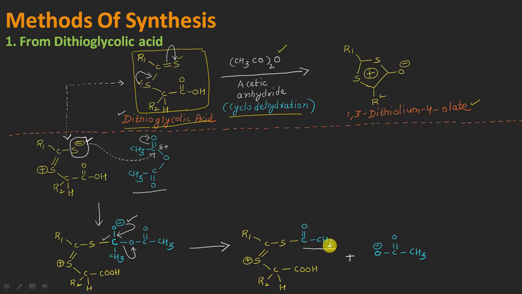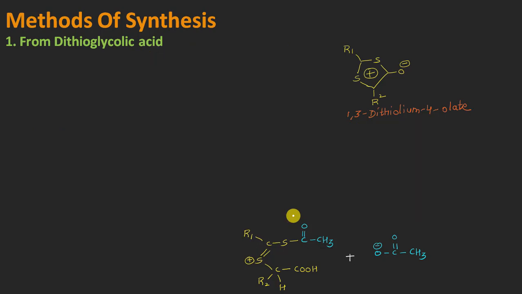So in this mechanism, let us see after these types of intermediates how the reaction will be going, finally resulting in the formation of this type of required mesoionic molecule. Okay, so let us now talk about the further reaction in this type of intermediate. So on the next screen you can see here, it is that particular intermediate which we have got in between